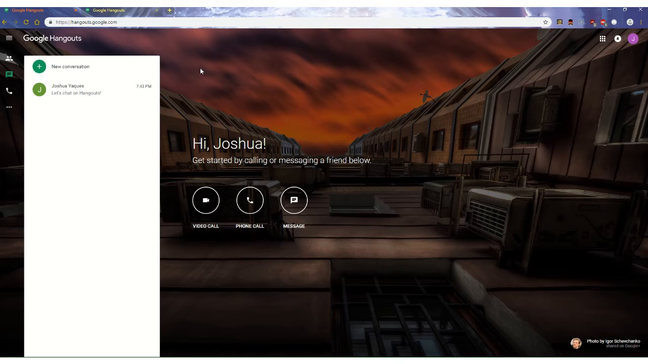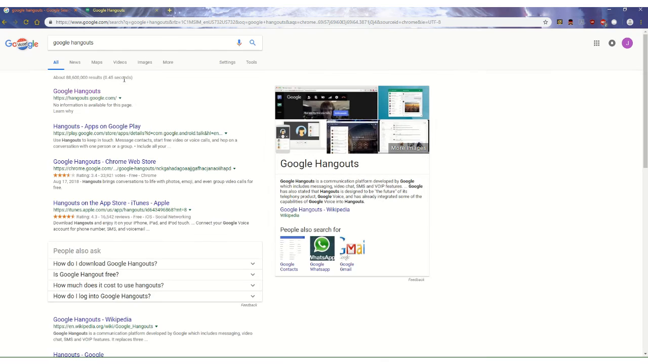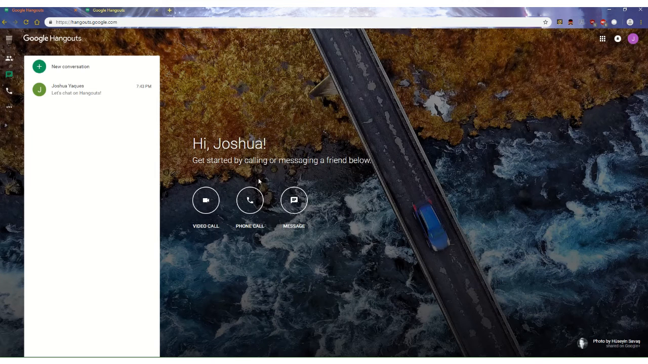Now, for this example, I'll just be going to use the Google search engine. My default search engine is Google, so I'll just type Google Hangouts, and it should be the first link. So I click it, and then upon going in, because I am signed in for my account, I am greeted